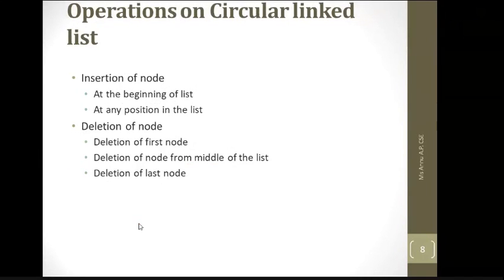And now the important point: the operations we can perform on a circular linked list. We can perform insertion and deletion in a similar way as on the previous kinds of lists. We can perform insertion at the beginning or at any position in the list. Since the end is not given here, insertion at the end will be the same as insertion at a specific position. Similarly, deletion from the beginning, deletion from the end and deletion from specific positions. We will be discussing all these operations on circular linked lists one by one.